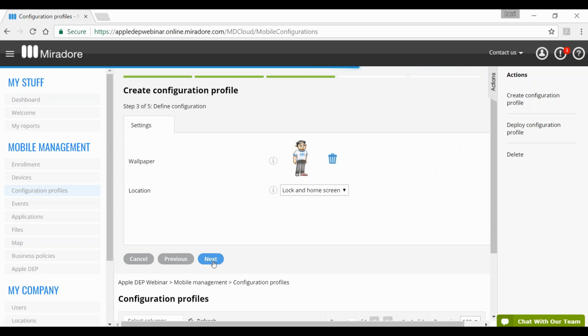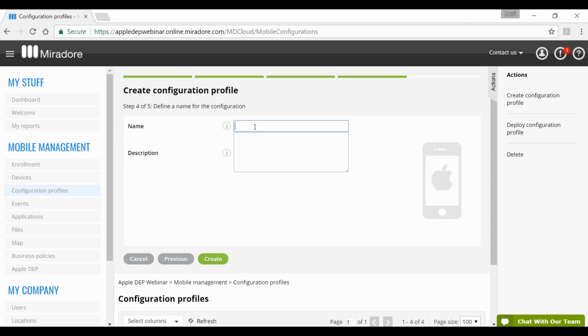Then you can select whether it's for home screen or both. So let's select both and click Next. I give it a name like company wallpaper, and let's click Create.